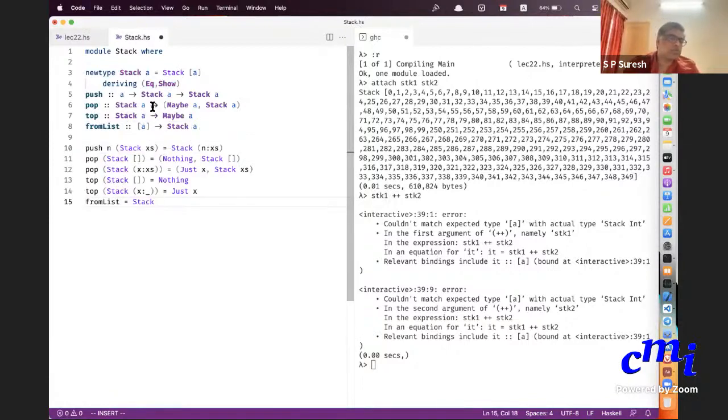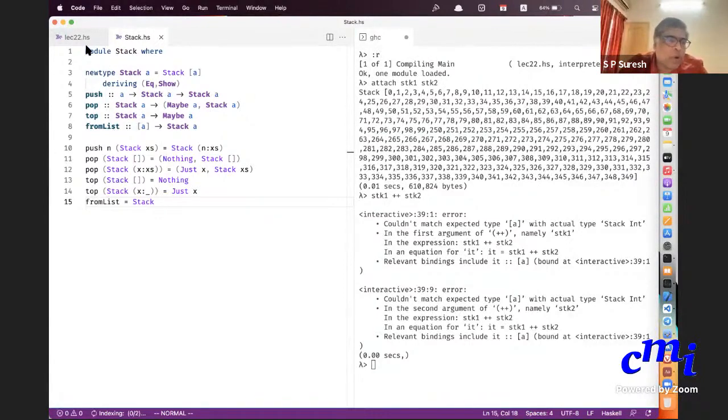Okay, so yes, that's it. Whatever code we wrote to define the stack functionality, we just put inside a file called stack.hs, and we define a new module called Stack. Module Stack, and then we write all this.